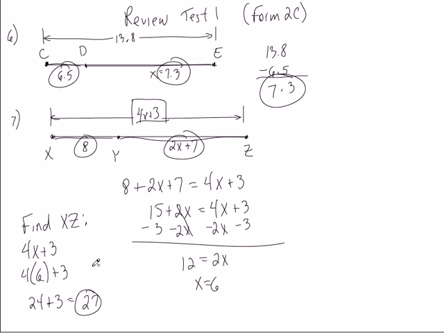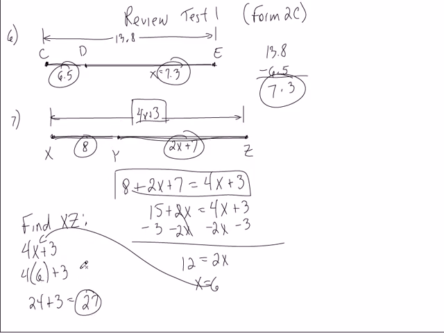There you go. So there's your answer. It's 27. That's all there is to it. It's really not that big of a deal. Let's pay attention now. You take the two segments that make up the whole thing. You add those together, and it equals the whole thing. The 8 means something. It's this little bit and this bit right there. You got to add them together, and that equals 4x plus 3. Set up your algebra. You solve for your x. You take that x, and you put it in for that x right there, which is the whole thing,